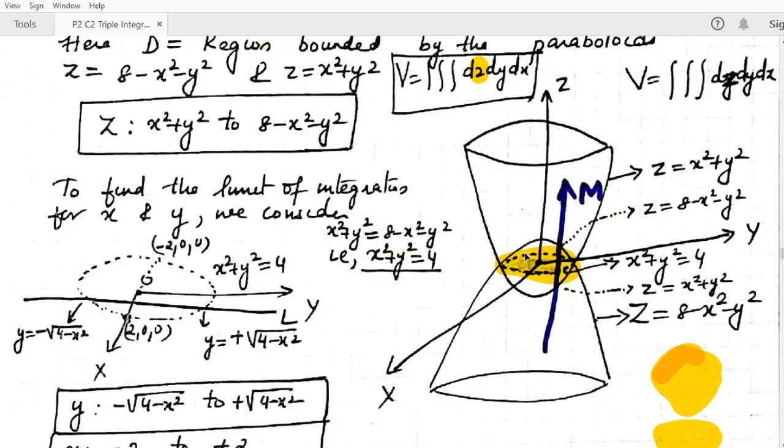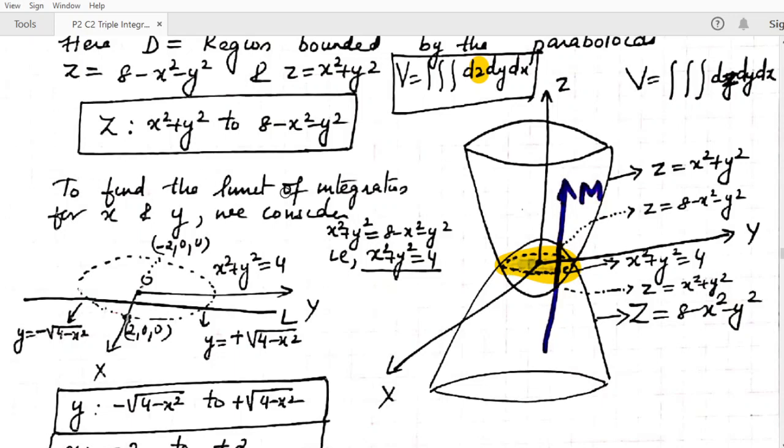So projecting on the xy plane is nothing but the shadow of that region on the xy plane. Here this particular circle with its interior is the region that is to be considered to find the limits of x and y. So now we have got the shadow of this region on the xy plane. The shadow is nothing but this circle. So let us closely observe this circle to find the limit of x and y in this region.